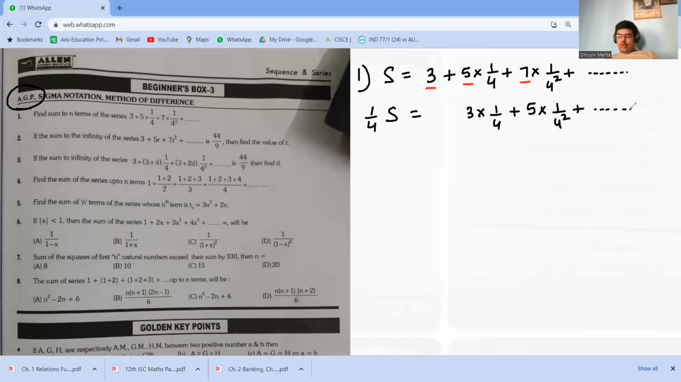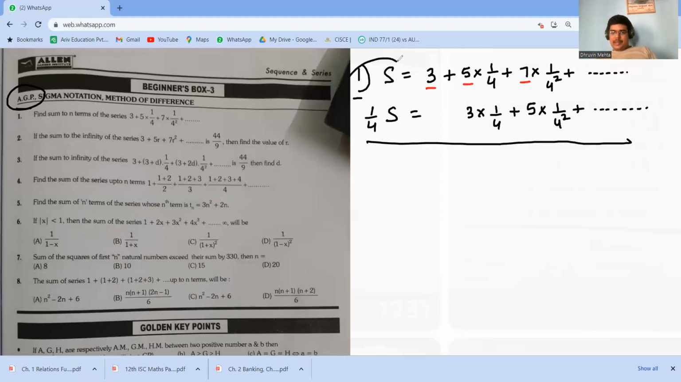and so on. I have written the terms so that the 1 by 4 term is below the 1 by 4 term, 1 by 4 square, 1 by 4 square are one below another, and so on. And now you have to subtract the two equations. Do you realize when we subtract the two equations, this will be s minus 1/4 of s, which is 3/4 of s,